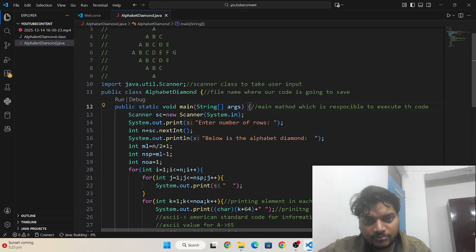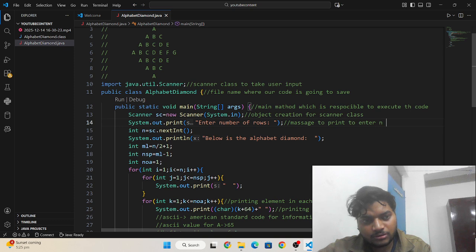Okay, this is the object creation for the Scanner class, and this is the message to print, to enter the number of rows.